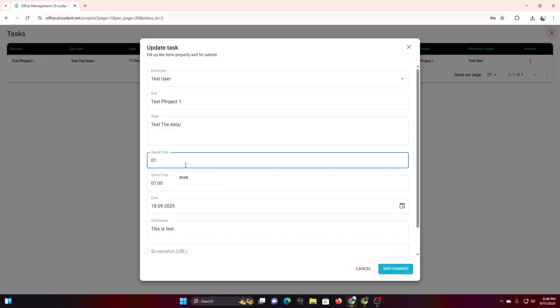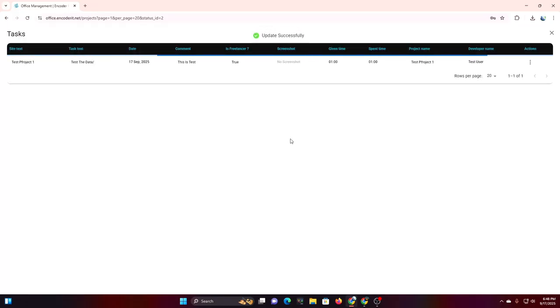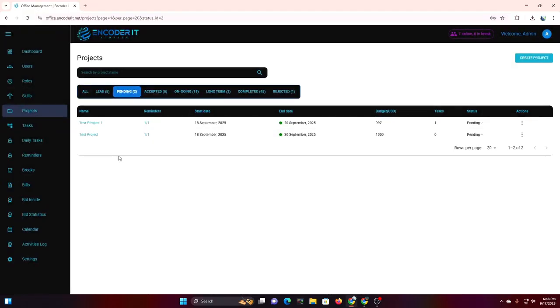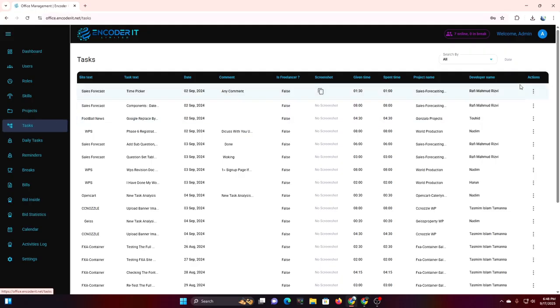So if he asks the admin to add it, the admin can change it from here. So click on save changes. The task time is updated to 1:30. So when you go to the task, you can see,